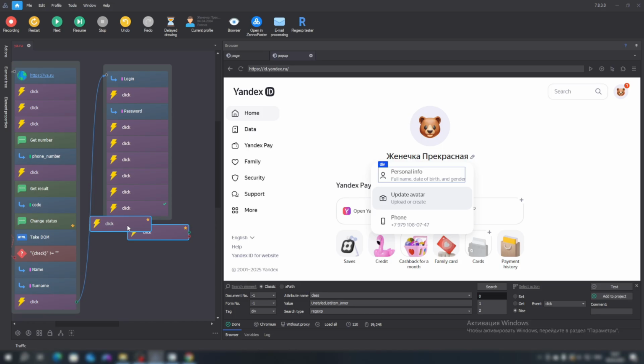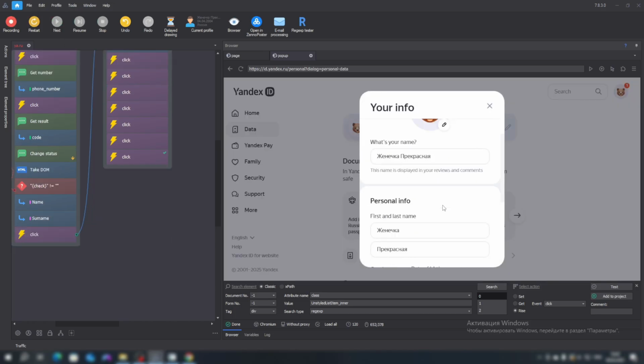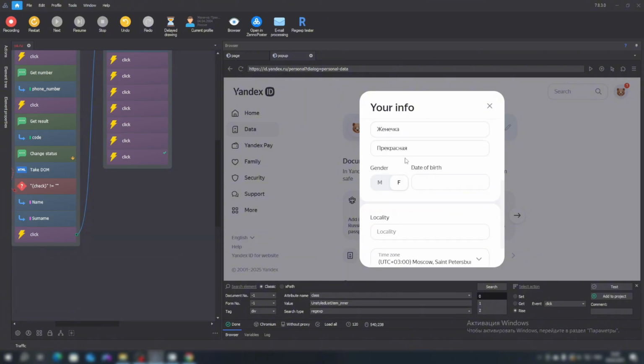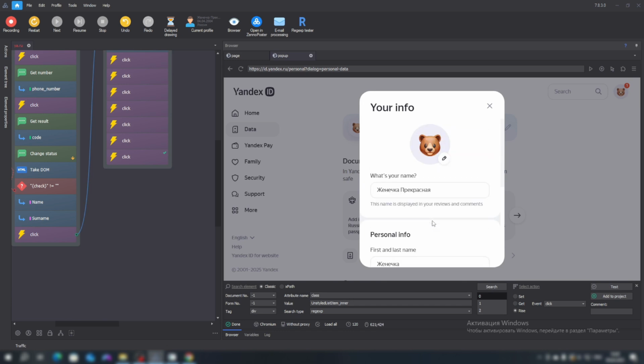We have opened such a form, which contains all the data of our profile. If we wish, we can change the first name, last name, specify the gender, but it is automatically indicated here. We will discuss how to do it manually, the date of birth and city. Let's now set up the avatar.